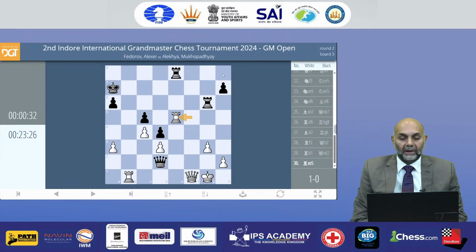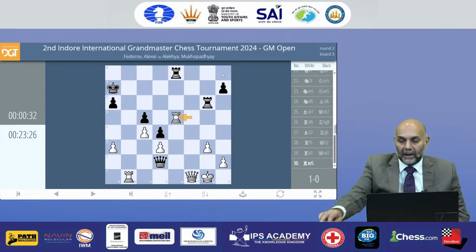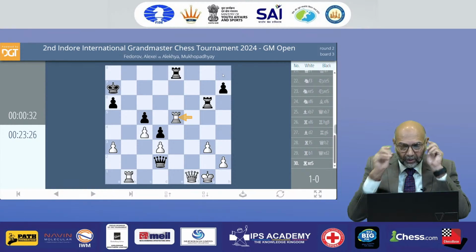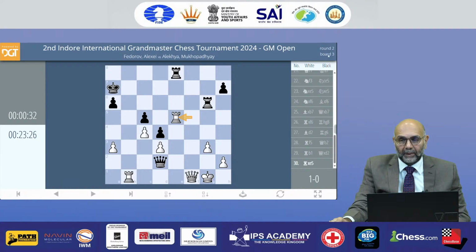So we can look at the variation rook into e5 by black. White goes queen f1 to f7, giving a check to the king, which must go to a8, and then white queen from f7 would go to b7, and that would be a checkmate against the black king with the support of the b1 rook. So nice combination, and again third board we saw victory for the Russian. Let's move to the fourth board and see what happened there.